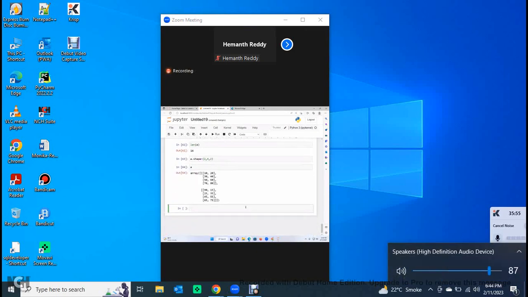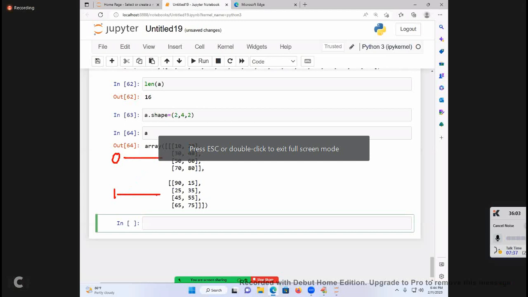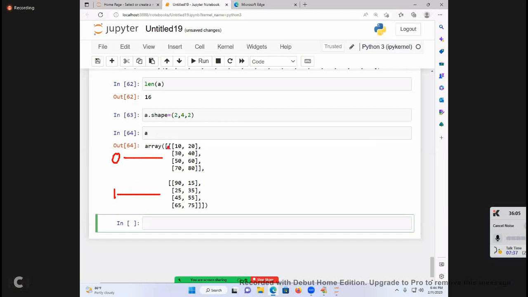This is my matrix. Now see students, 0th matrix, and this is called first matrix. 0th row, first row, second row, third row, 0th column, first column. Now I want to get it. Slicing here.